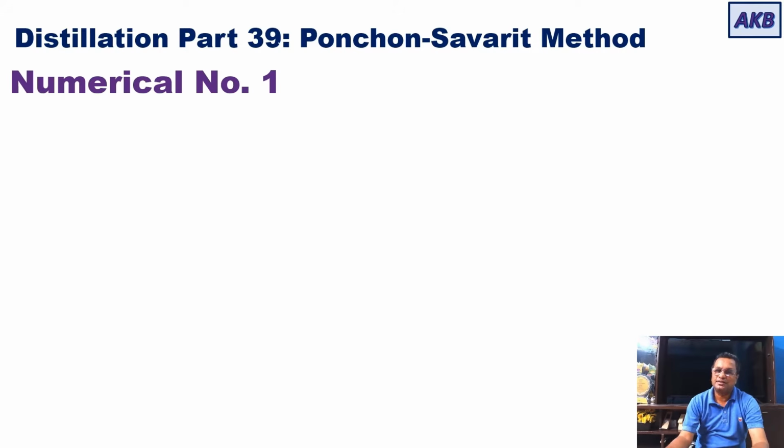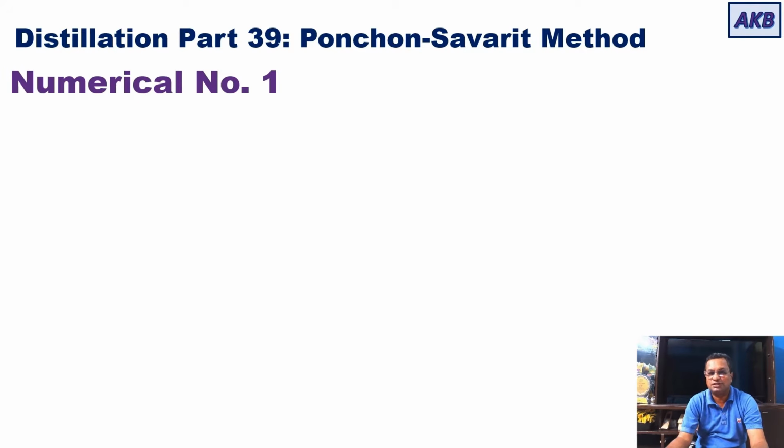today I will be discussing one numerical where we will learn how to use the Ponchon-Savarit method to find the number of equilibrium stages or number of theoretical stages or number of ideal stages in a typical tray column. We will also learn how to find out the minimum number of stages in a tray column when it operates under total reflux. Earlier in my previous videos, I have discussed how to use the McCabe-Thiele method to get those